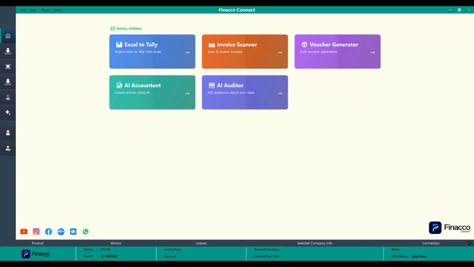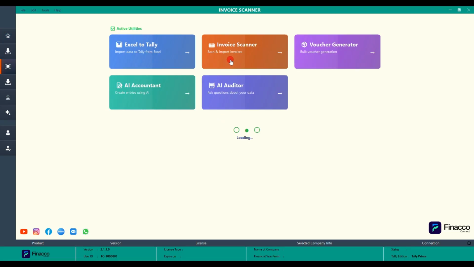If you're an accountant, an auditor, or a business owner and you spend a lot of time manually entering invoices into Tally, this utility is going to make your workflow much faster. You simply scan or photograph the invoice from your phone or select a PDF or image file from your phone or computer. The AI analyzes the invoice, extracts the party name, invoice number, date, GST details, line items, everything. And then with a single click, it goes directly into Tally. Let me show you how it works.